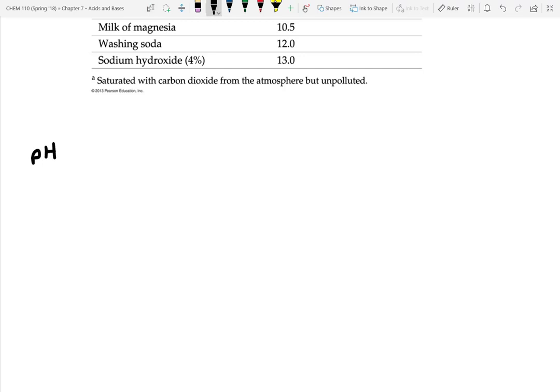And pH can be found using a log system. How many of you have seen logs in math? Hopefully everybody. I think it was in the math prereq. But it's on your calculator if you forgot. Just type in negative, hit the log button. And then in your next bracket, what you're going to do is put in your concentration of acid, meaning concentration